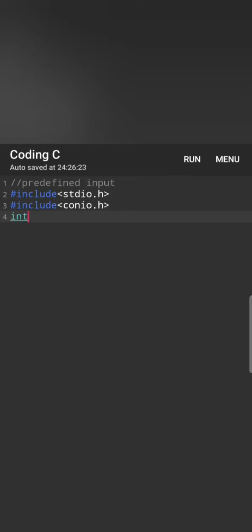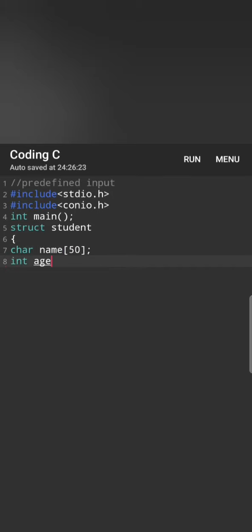The pattern for declaration of parameters will be same. We will write int main() semicolon. Then we will write the word struct, then variable name, which is student over here as well. Then we will make use of opening curly braces. Then we will declare the two parameters which are same again, name and age. The format will be same in this case as well.